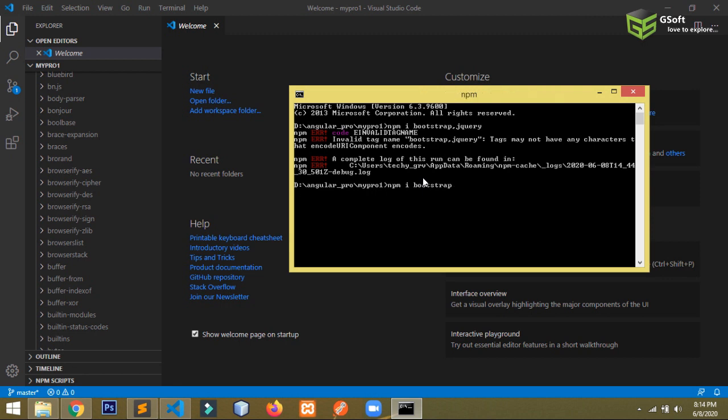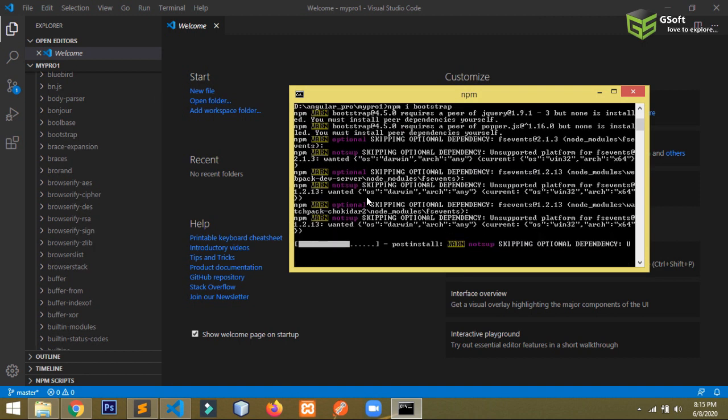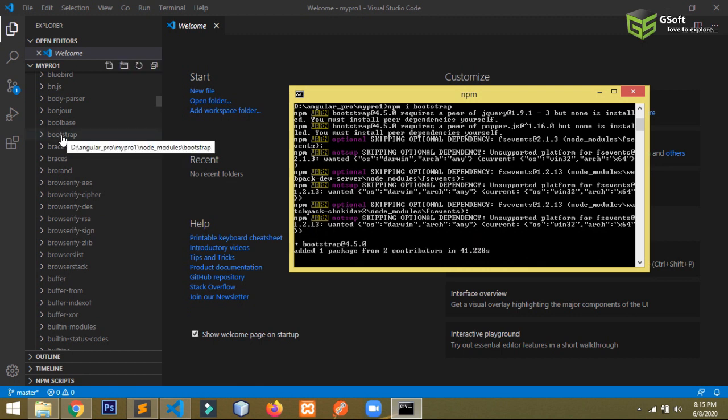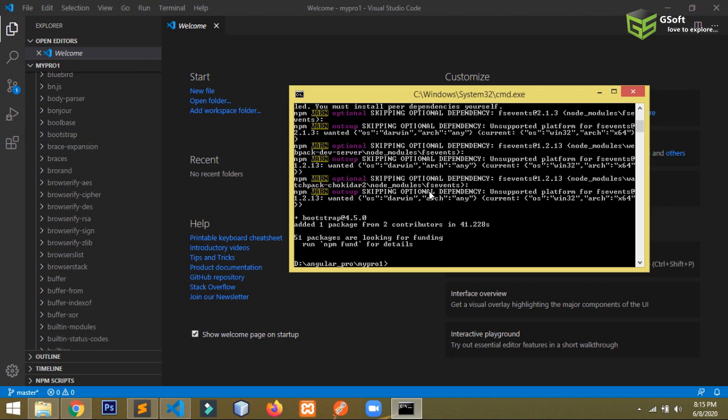Now you can see the installation has started. You can see the Bootstrap folder is added automatically. It took 41 seconds to install. Now I will install jQuery inside it.